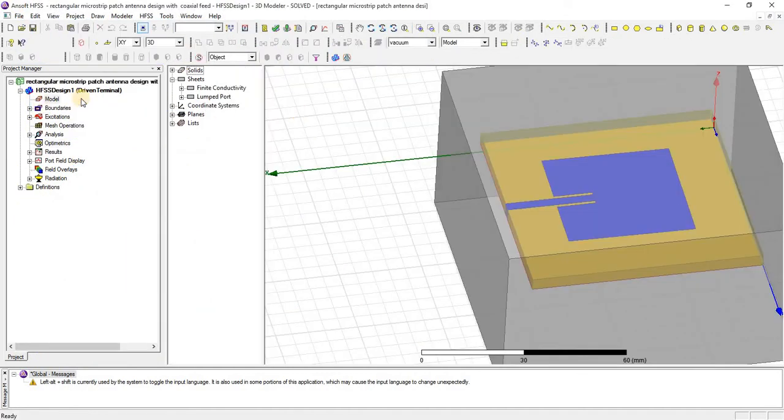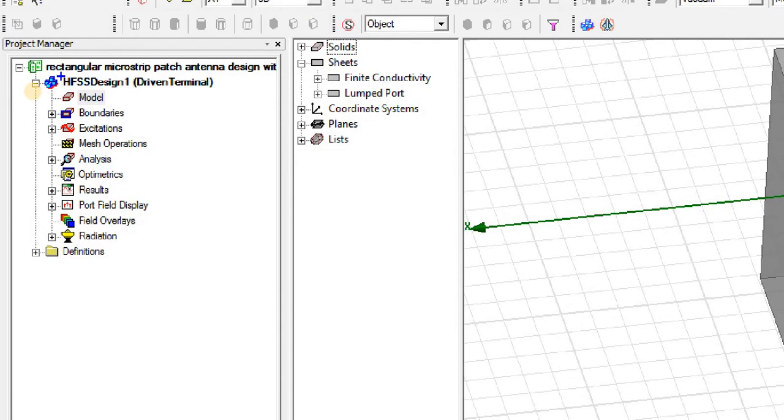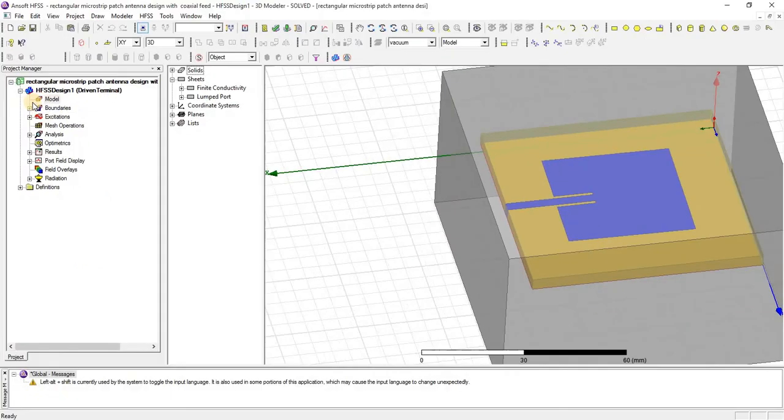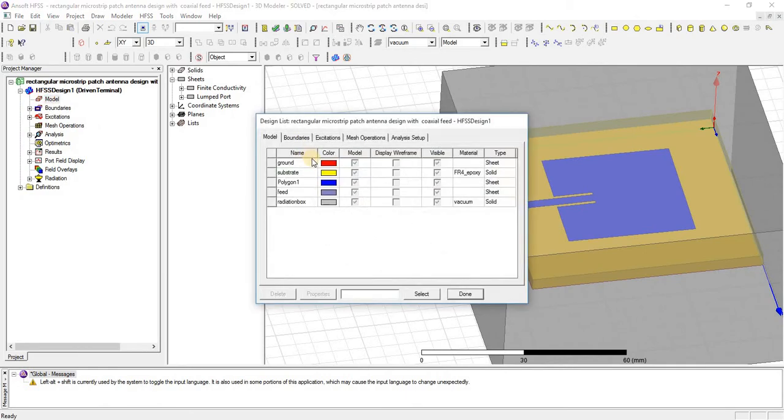You can check the design properties in two different ways. First is from here. From the model, you can see the colors, their dimensions, the types of material used, and the types of object, whether it is 2D or 3D.